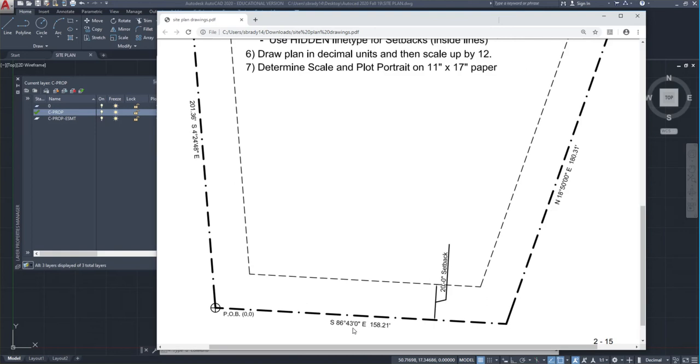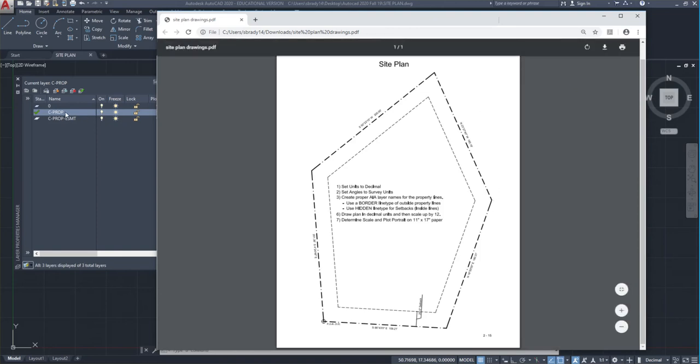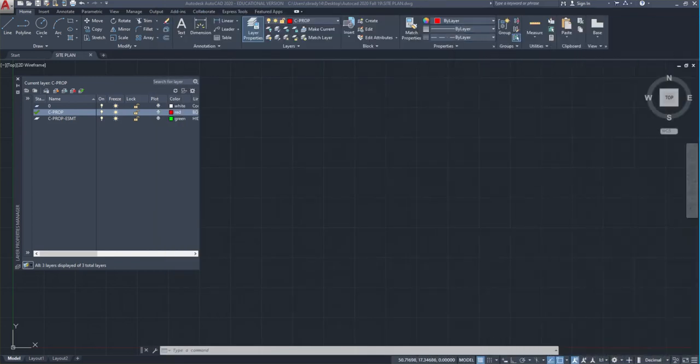Here's the definition of our surveyor units that will define these lines. I'm going to use a polyline to generate these. This outer line is going to go on the C-prop layer. This inner line is going to go on the C-prop easement line. Okay. I'm going to show you what a surveyor unit looks like, and then we're going to talk a little bit about how we decide how to draw a property boundary with that surveyor unit. Okay. So a surveyor unit,